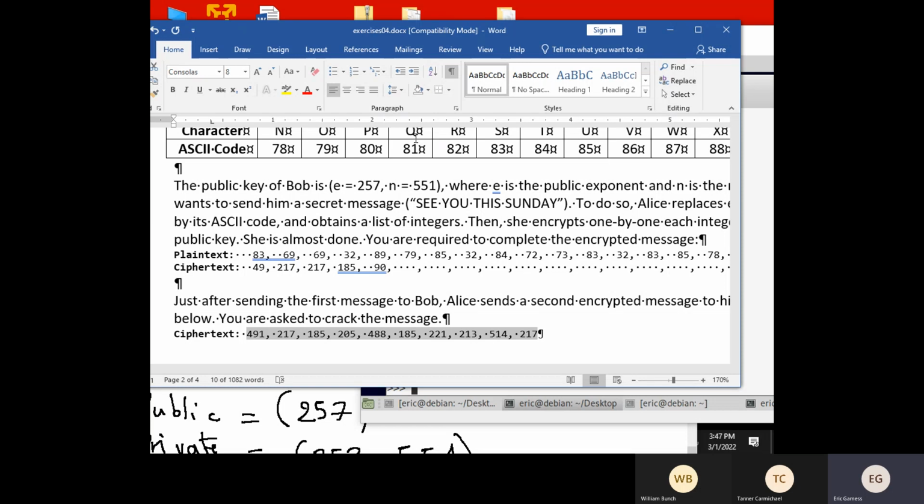Now with that, we also do signatures. A signature is a way to say, I send this message and this is mine. I sign it. For example, you are sure that it was sent by myself. So how can I sign? Let's say that I have a text and I want to send it. And you want to be sure it was sent by myself. So what I will do is